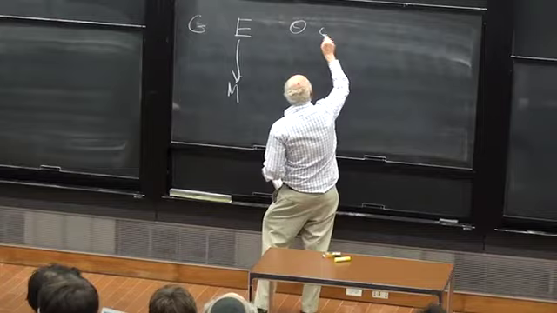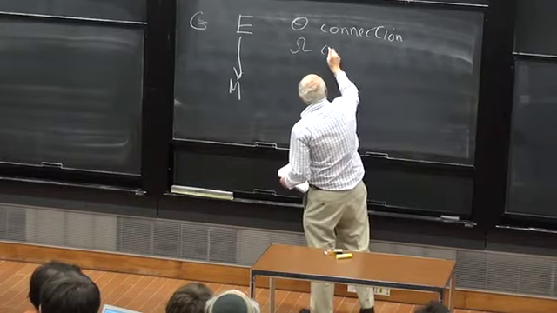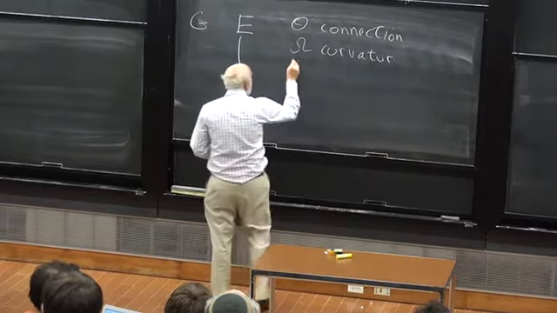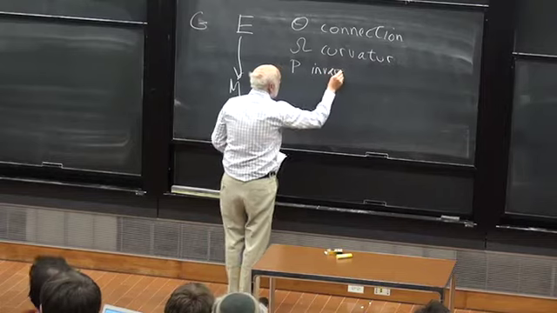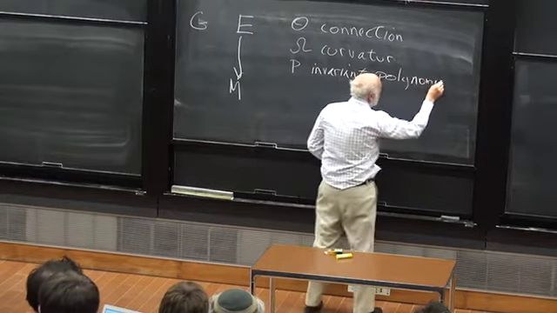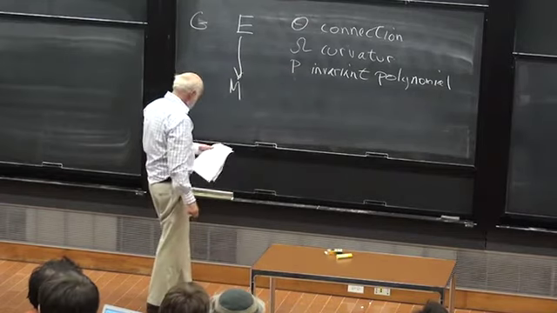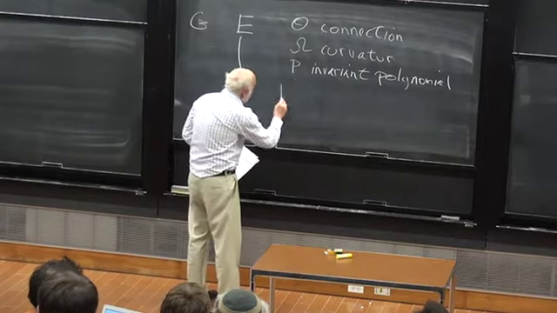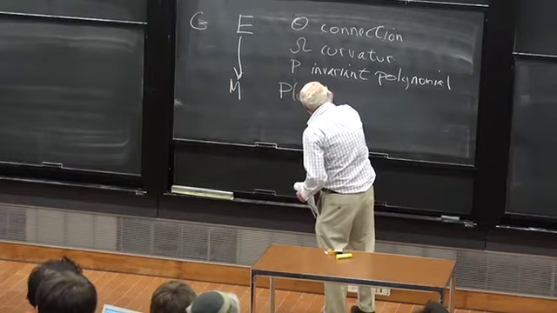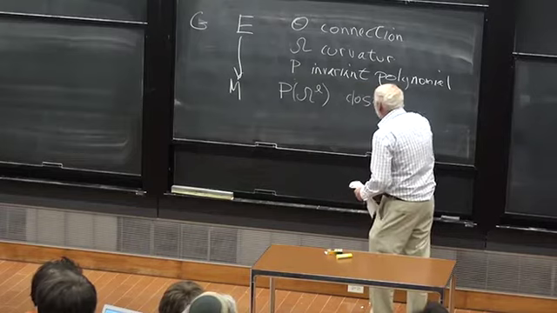The connection is theta, and omega is the curvature. P is an invariant polynomial on the Lie algebra. Suppose it's degree L, and I take the curvature and plug it into the polynomial. You get a closed 2L-form,